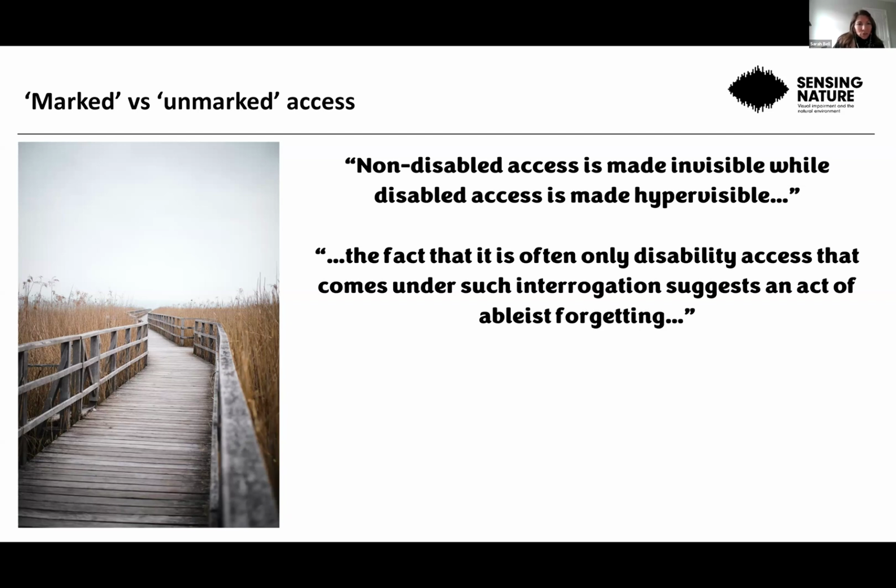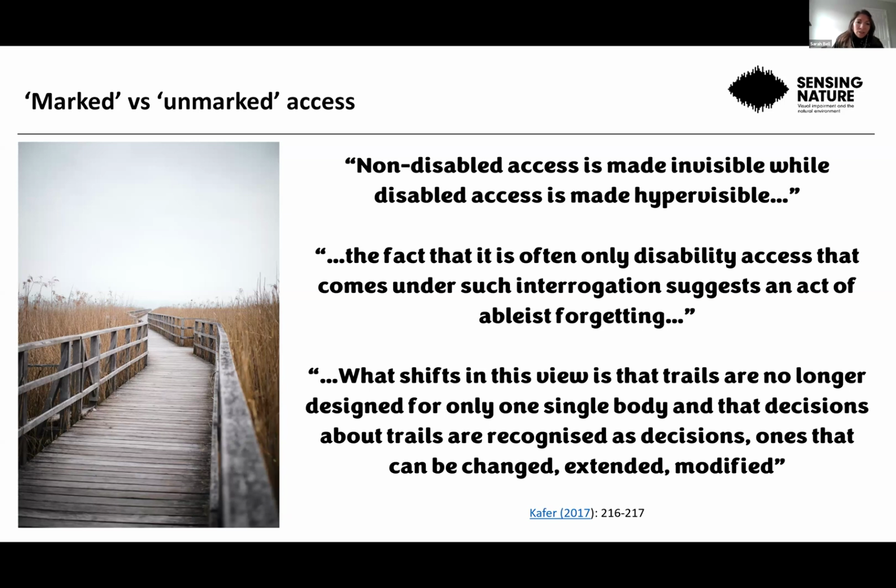That doesn't mean that every single trail will accommodate every single body. There will be terrain too rocky or too steep for some bodies and modalities. But this is true for all bodies, disabled and non-disabled. What shifts in this view is that trails are no longer designed for only one single body, and that decisions about trails are recognized as decisions, ones that can be changed, extended, modified. So there's lots more that I could say about that, but I'm mindful of time, so I'm going to move